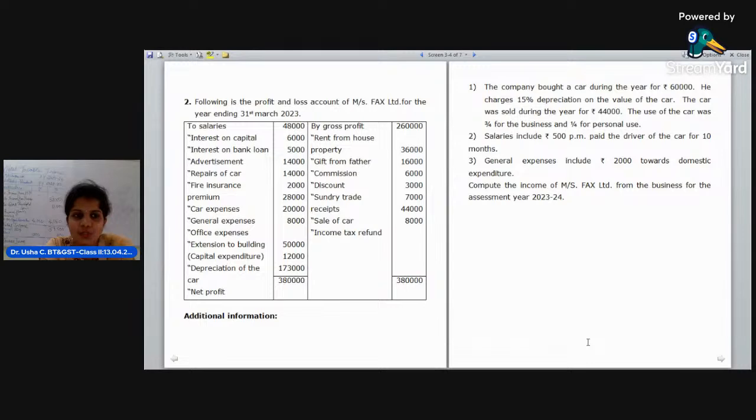First one is salaries, 48,000. Interest on capital, 6,000. Interest on bank loan, it is 5,000. Advertisement, it is 14,000. Repairs of car, it is 14,000. Fire insurance, 2,000. Premium, 28,000. Car expenses, it is 2,000. General expenses, 8,000. Office expenses,